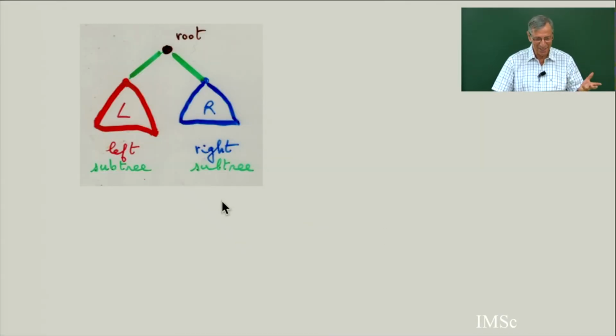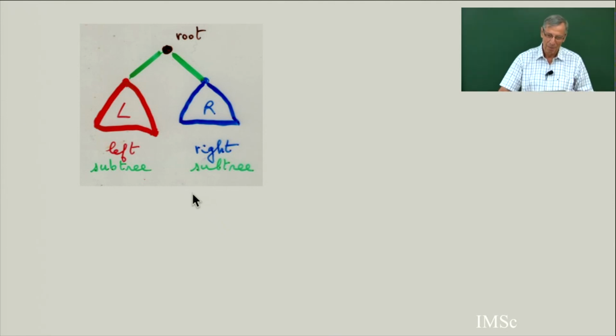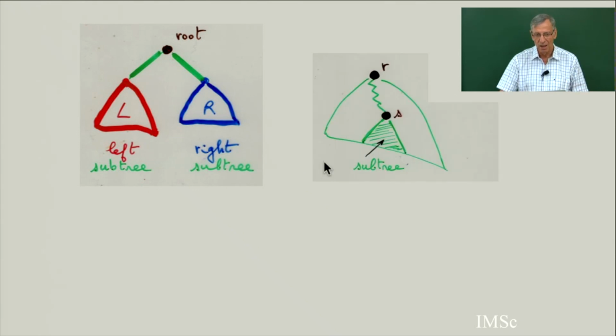So you see, bijective proof can be very efficient for algorithmic purposes. This is one of the interests, and to understand better what a binary tree is: a binary tree is a left subtree and a right subtree, and if you go down, for any vertex there is a subtree below. It's a recursive definition. There is a unique path going from the root of the tree to the vertex S.